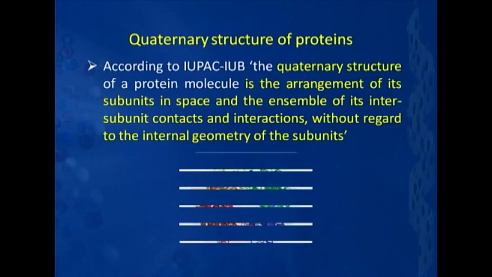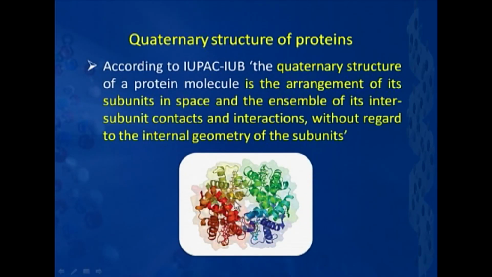And the most typical example to quote here is that of hemoglobin. In case of hemoglobin, there are 4 subunits there. So, typically they are of 2 types, 2 are alpha chains, 2 are beta chains, but in this picture here they are shown to be of different color just to indicate that there are 4 subunits there. So, when I talk about hemoglobin, I refer to the subunits arranged in a particular orientation or a particular arrangement, that is the quaternary structure of this particular molecule.